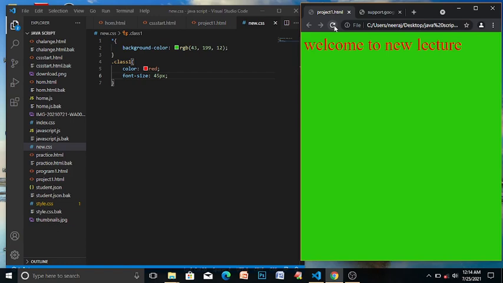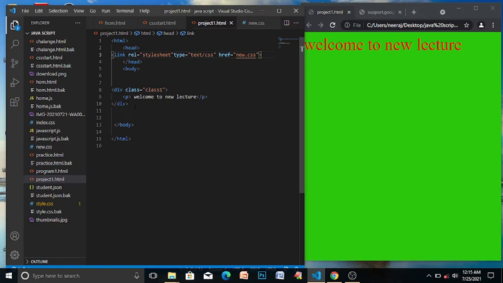But writing the class name this way is not good. When there are multiple p tags in your HTML page, it will apply on both tags. Let's make an example. The one p tag is here. Make another p tag too, outside of this class, and write something in the p tag. Save it.